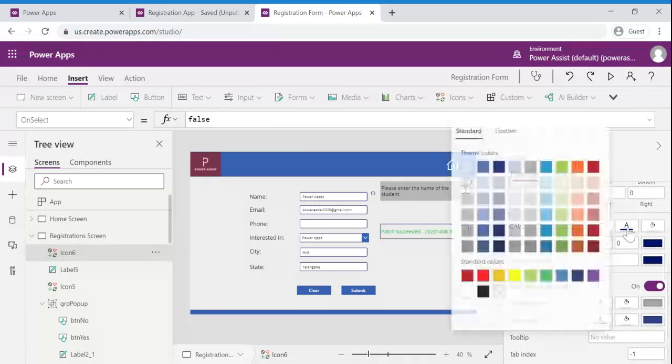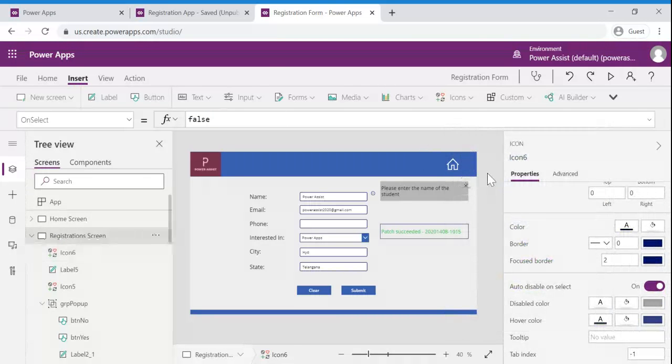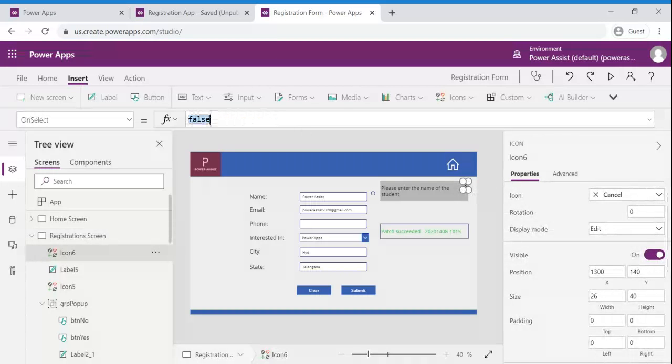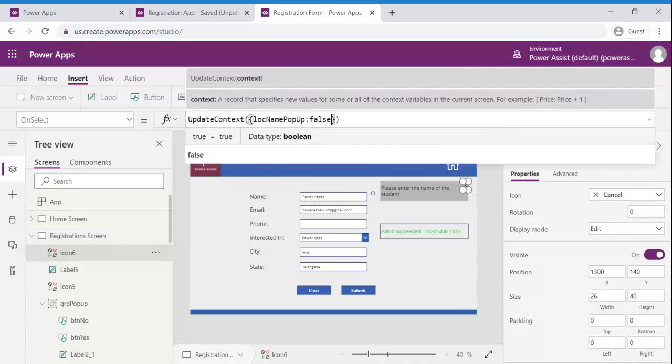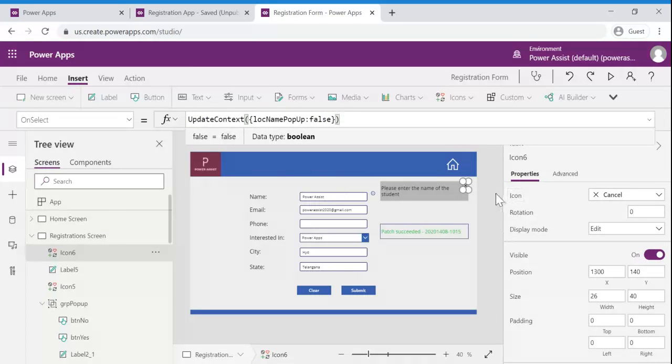I am going to update its color to black, and I'm going to update this to false. Let us test this.